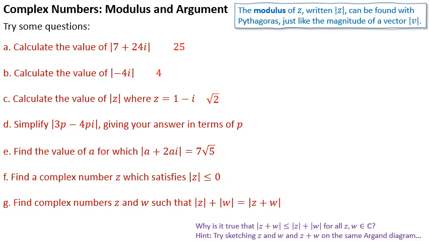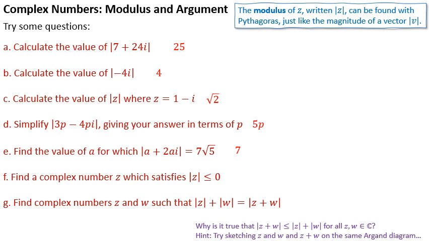This complex number, 3p minus 4pi, is exactly p multiplied by the complex number 3 minus 4i. And it turns out, if you find the size of a complex number, and then you multiply that complex number by something, and get the size of that new complex number, it's been scaled up by exactly the same thing. Just like the way vectors work. If you have the vector 3, 4, and then another vector 6, 8, the second vector is twice the length of the first vector. You can do similar things with the next one, or you can just crunch it out algebraically and get a bunch of a squareds that combine and simplify. We should get here that a has to be equal to 7,